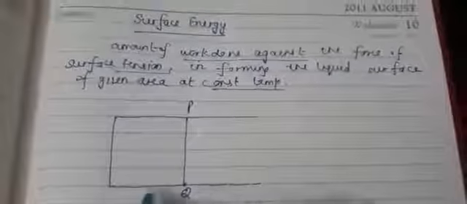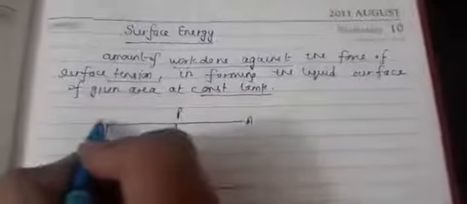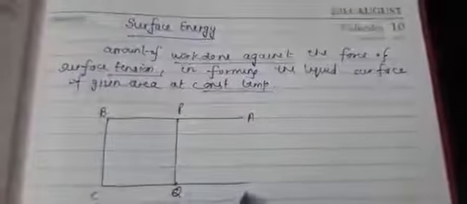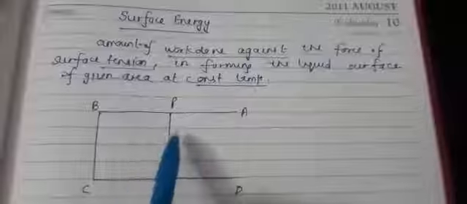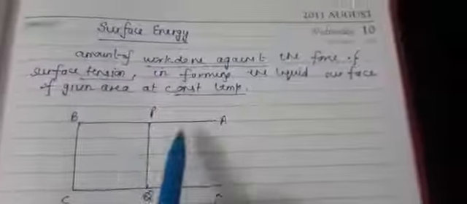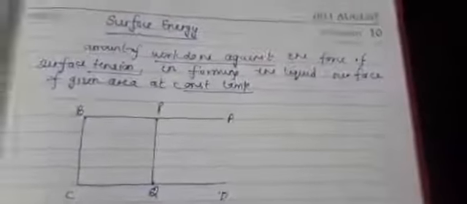To obtain the expression for surface energy, let us take a rectangular frame. See, this is a rectangular frame I have taken, having wire PQ. We are taking this wire PQ, which can slide along this length. So this frame that I have taken, ABCD with PQ wire, can slide along the sides AB and CD. Now let me take a soap film, and this frame is dipped into the soap film. What will happen then? There will be two